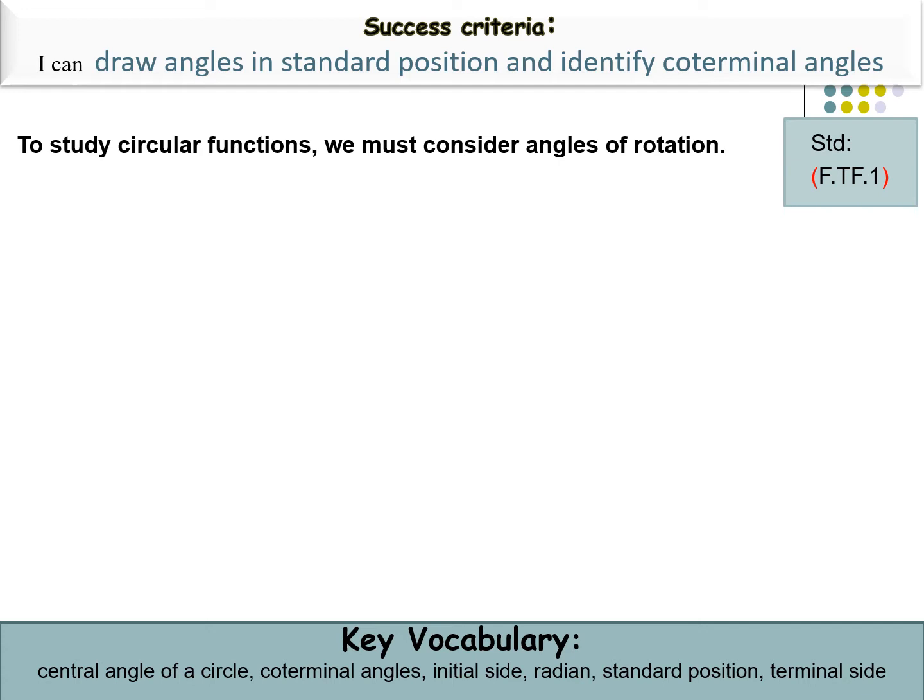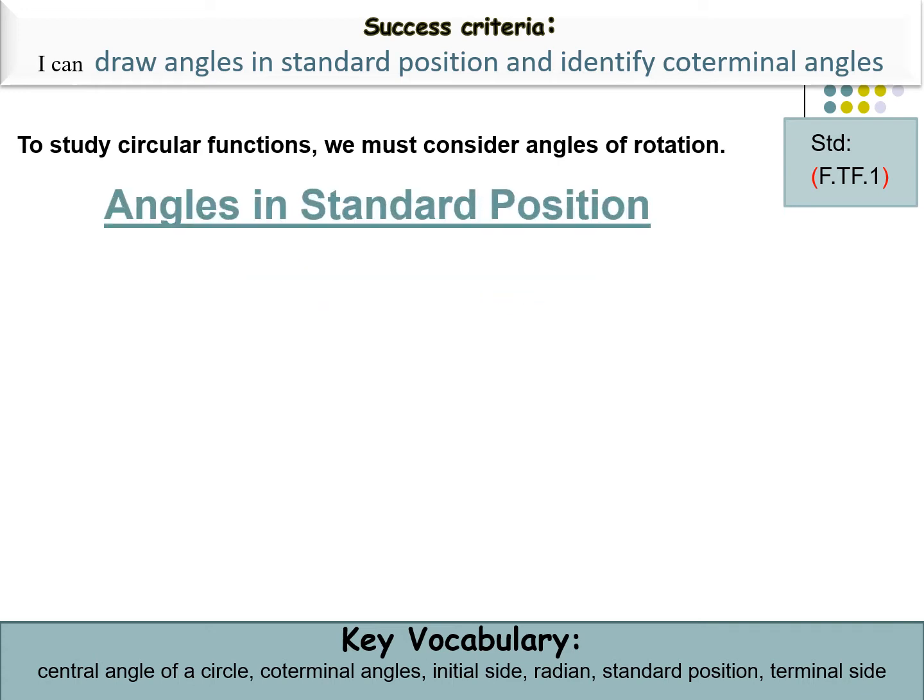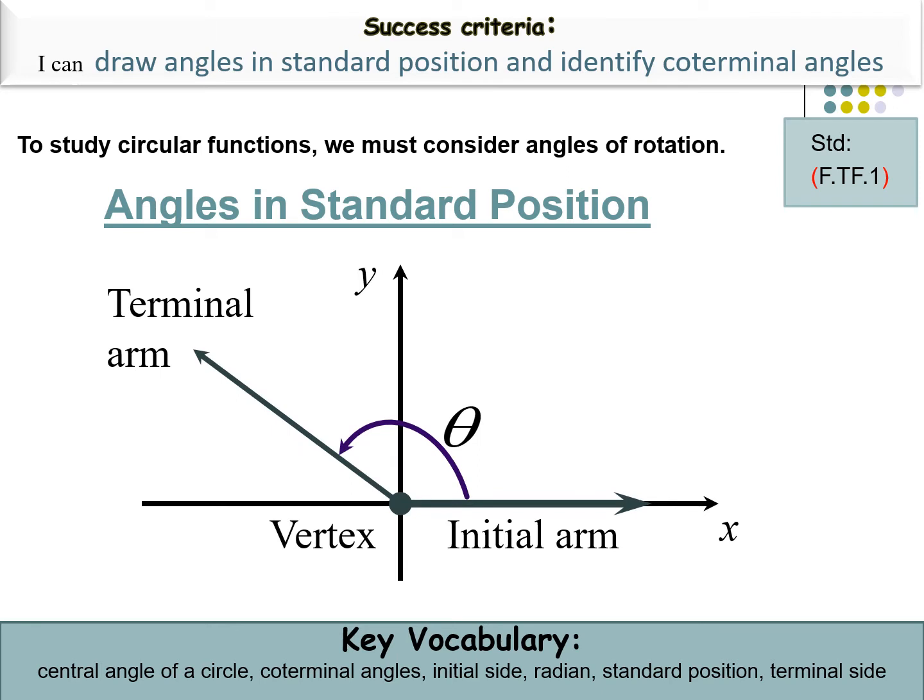First of all, in order to draw an angle, it is important to understand that you can draw an angle with the combination of two rays, and how to rotate the rays so that you can get an angle. For angles you need two rays, and one ray has to be in the standard position, which is said to be the initial form. So if anything is from the origin and pointing on the right hand side, this is your initial ray.